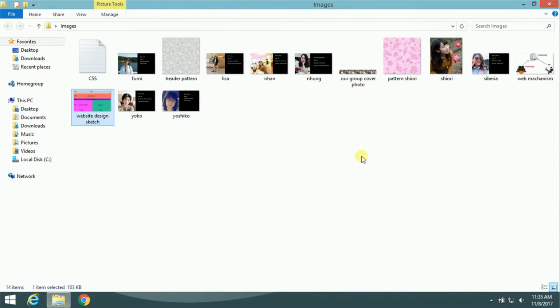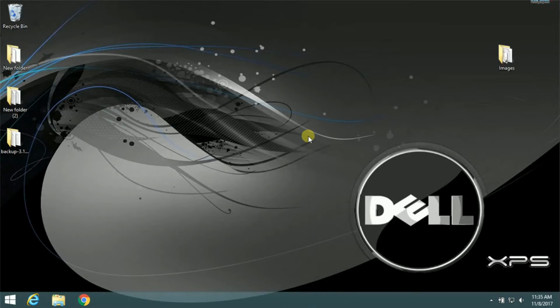Okay, then I think we can start coding the third section, but before you start coding you have to choose the images that you are going to use in your website. Here I have a set of images that I'm going to use. Okay, then